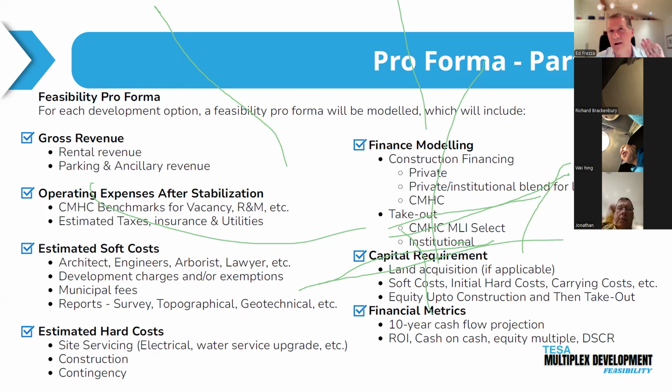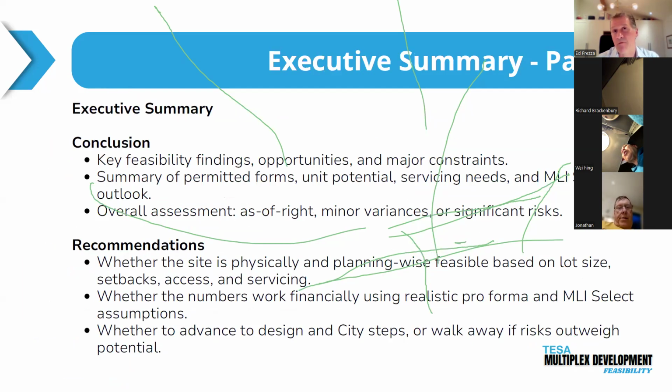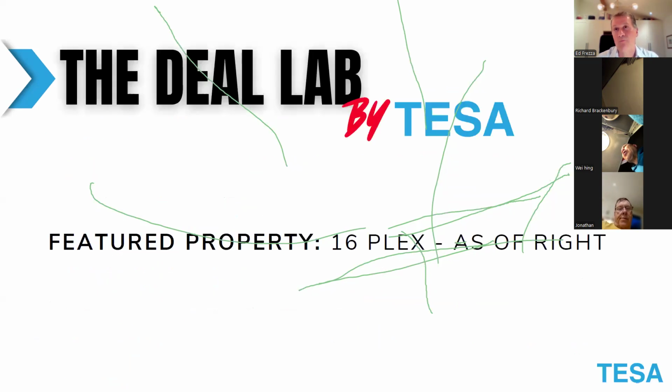But you're trading that surety with a longer process, and we're finding that more and more people are just saying, you know what, I'm going to go conventional, private for construction financing, and I'll deal with CMHC MLI Select when I'm fully finished. And this way, it shortens the project and it makes it less expensive in many ways. Now we have the pro forma completed, and this is where we come up with an executive summary and provide that to the client. So how do we take all this now and apply it to an actual deal? And this is what the second part of the presentation is all about.